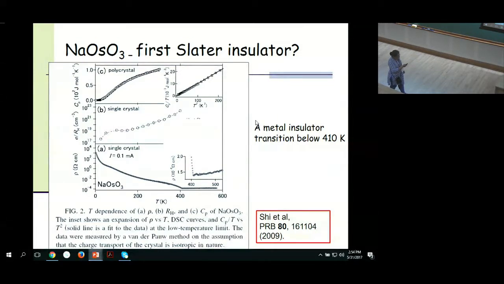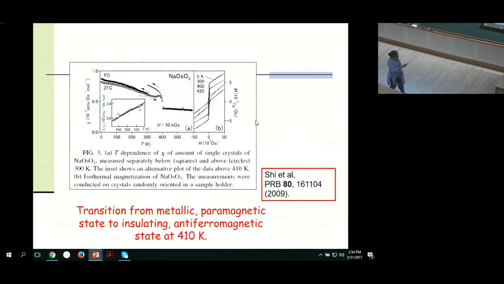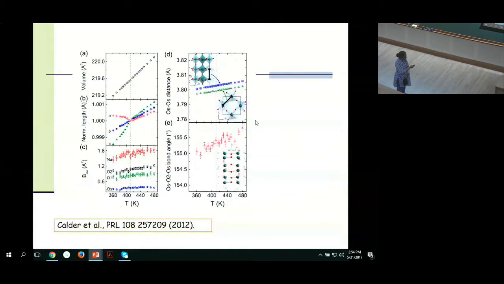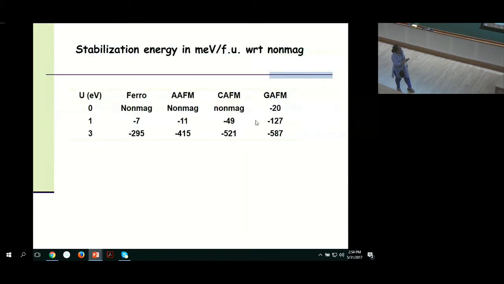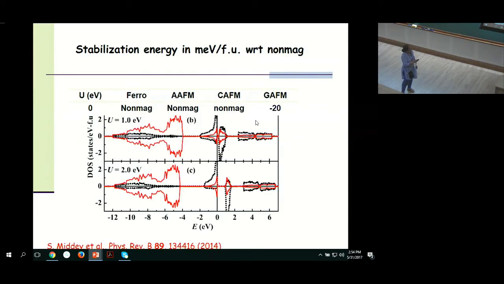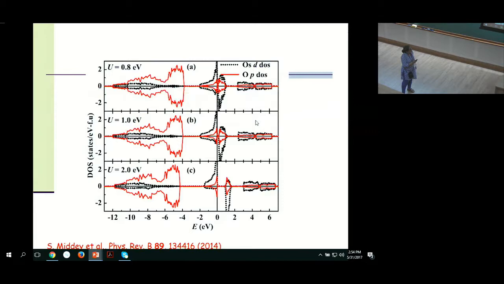So you have a metal insulator transition taking place here, and the magnetic transition happens at exactly the same temperature. Looking at the structural data, one finds no volume change, so there is no structural transition associated with this metal insulator transition, and that's why it's believed to be the first example of a Slater insulator. We believe the same mechanism is operative in this material, and we did the same kind of analysis, looking at various magnetic configurations, building up a multiband Hubbard model,